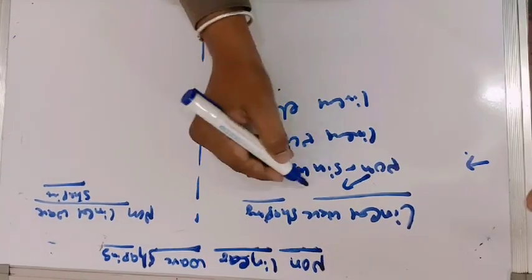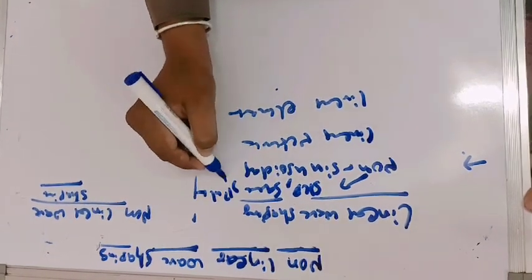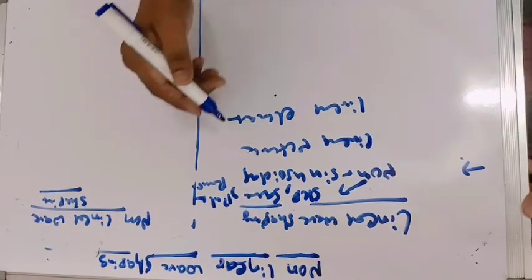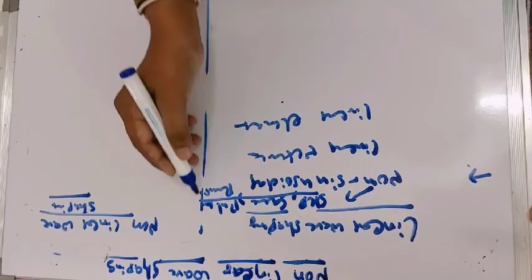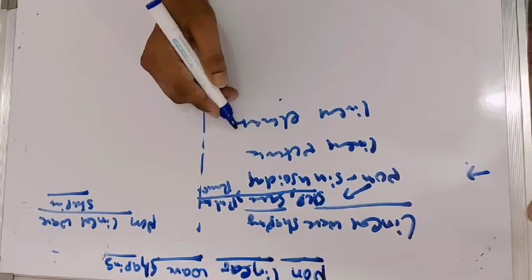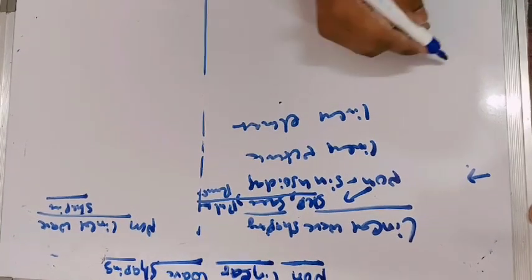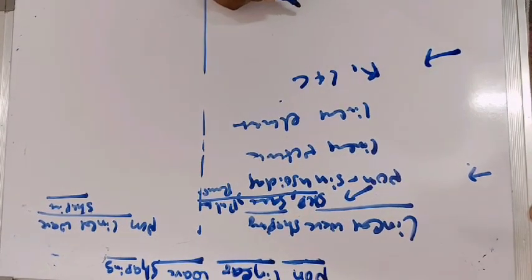The non-sinusoidal inputs are step, square, pulse, and ramp signals, which we have discussed in previous videos. These signals are called non-sinusoidal signals. The shape of these signals changes when they are passed through the linear network. This linear network consists of linear elements, which are R, L, and C: resistor, inductor, and capacitor.